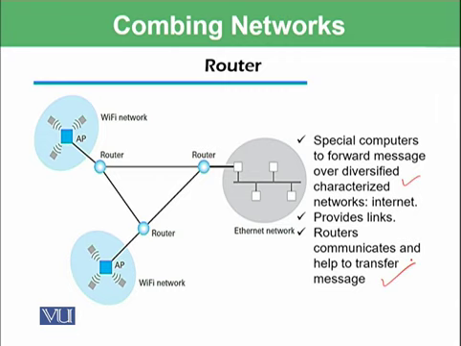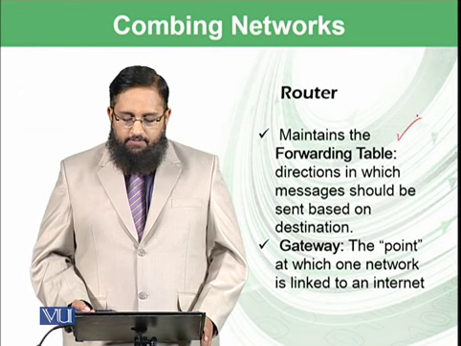So it also forms a particular path. For example, if a message needs to be sent over here from, for example, here, it forms a path as well, showing how this message should reach this position. And such a network of networks, where different kinds of networks having different topologies are connected, is called internet with a small i. We will also learn about the difference between small i internet and capital I Internet in the next module. So the router maintains the forwarding table, directions in which messages should be sent